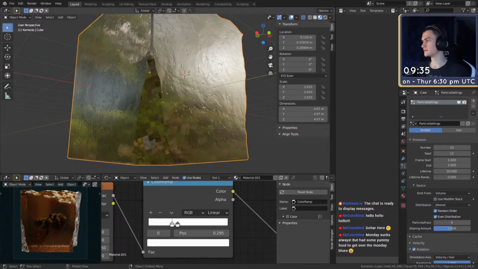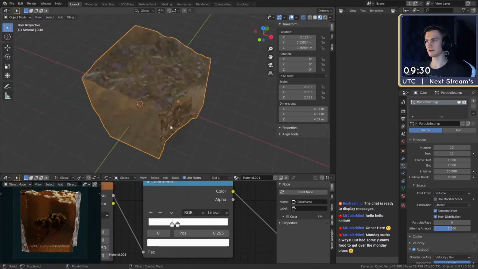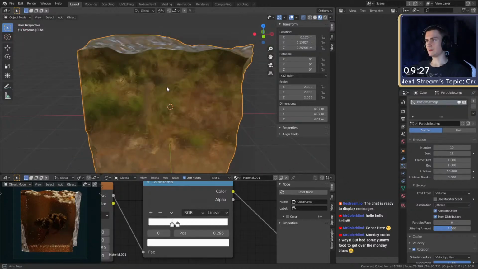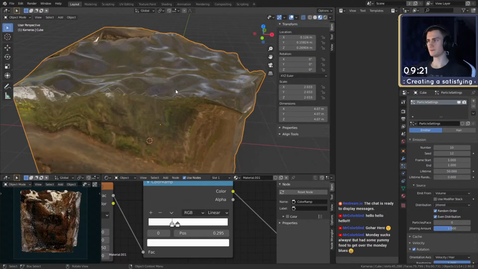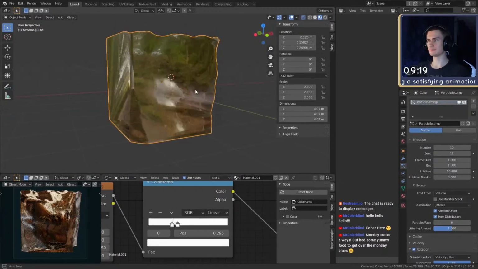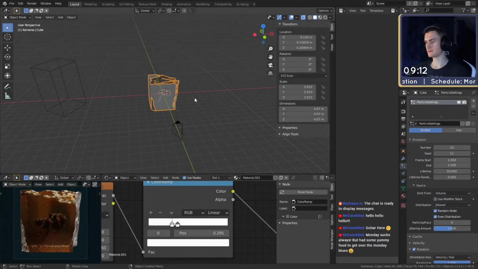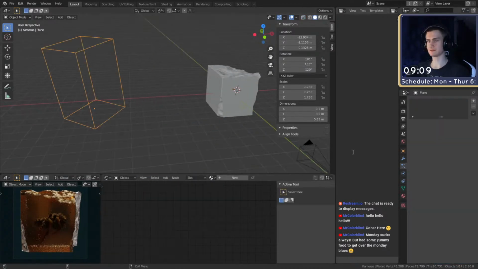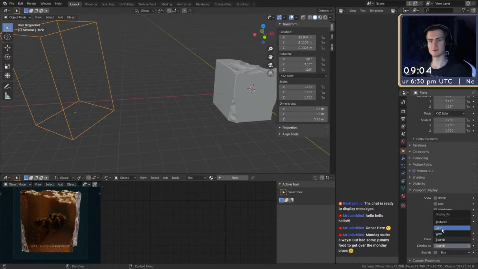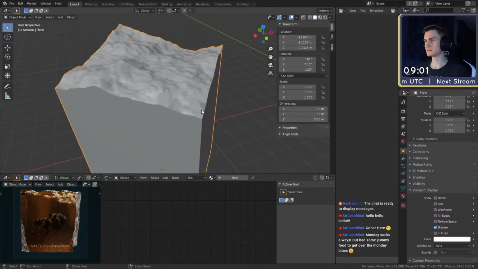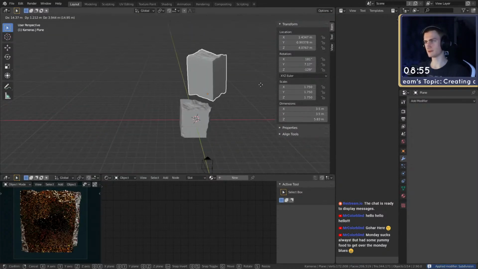Okay, so we have 9 minutes and 30 left. Of course these booleans look pretty low poly, which looks kind of weird. The problem is, I would have to cut in again, because this is pretty low poly. Even now, for example, let's switch back to the display to solid. What if we apply a subdivision modifier? Okay, it actually looks pretty good, so we can just apply that and use it again on this block